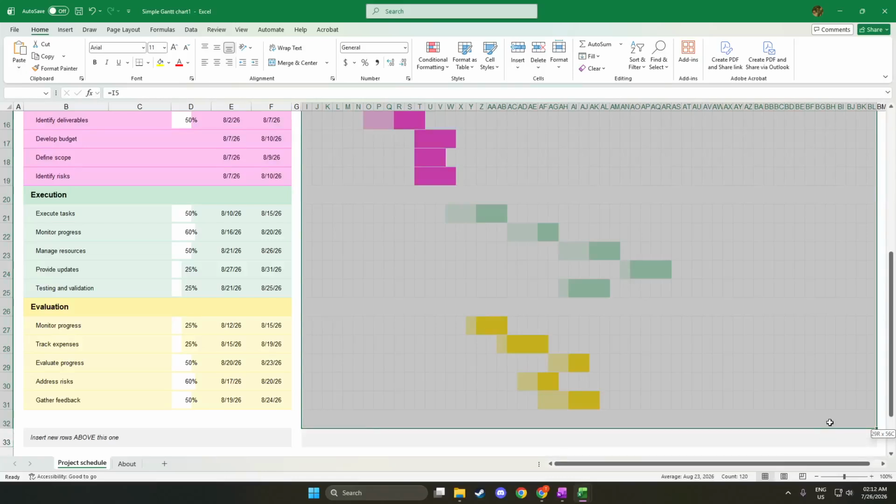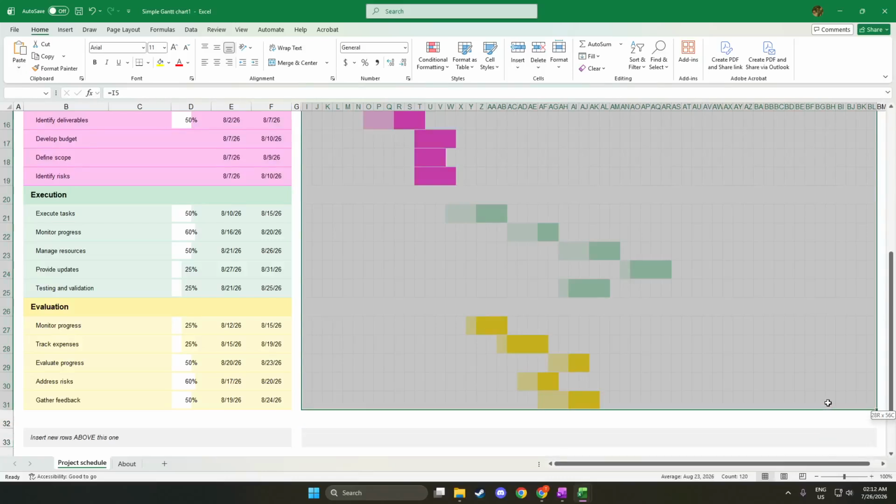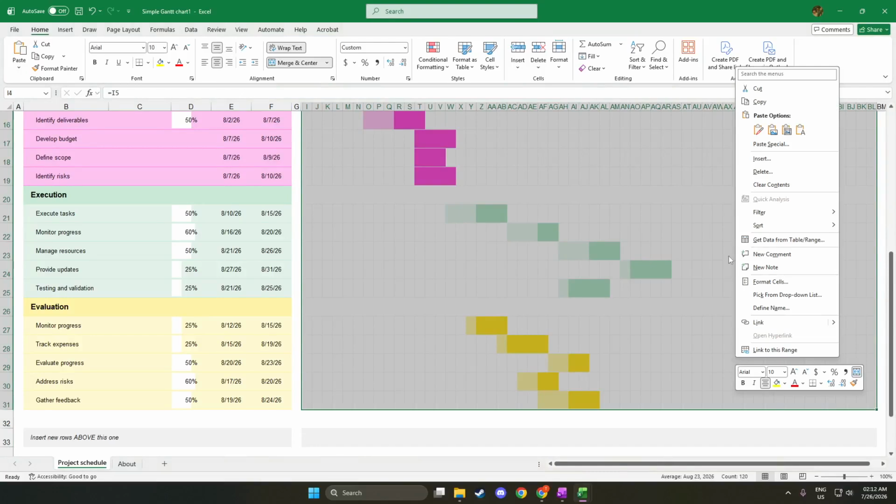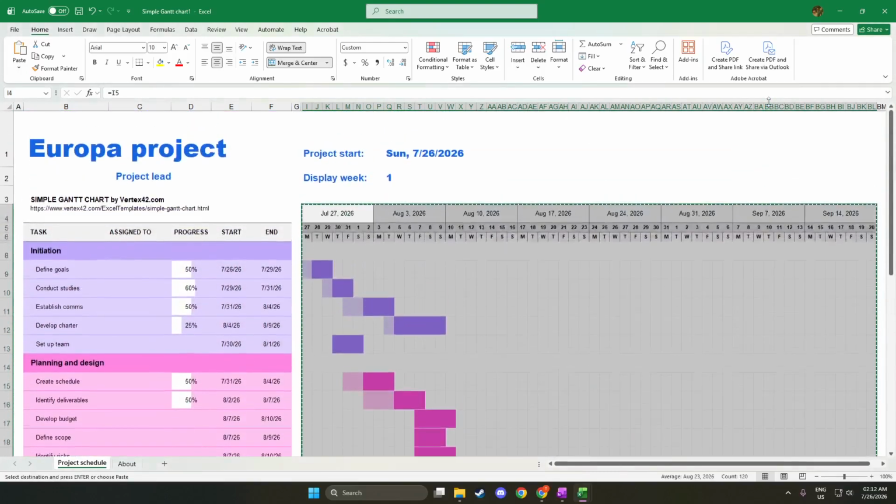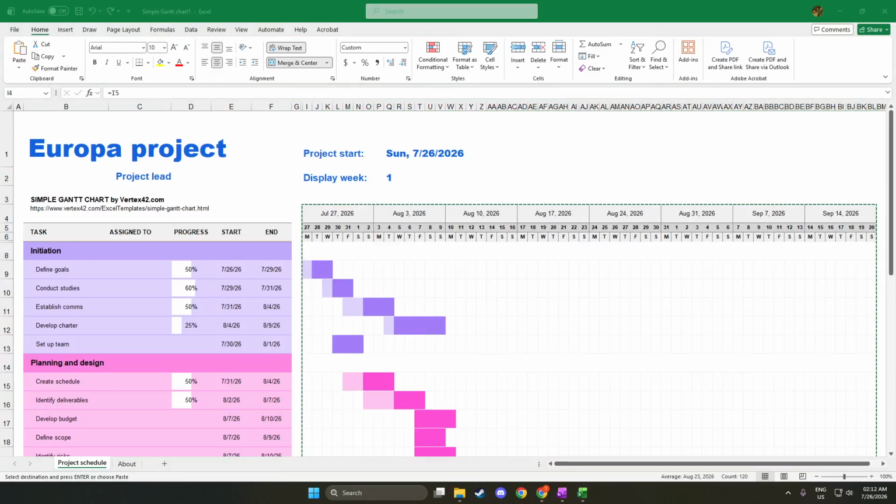Once selected, right-click on the chart and choose the option that says Copy. Alternatively, you can use the keyboard shortcut Ctrl+C. This action stores the chart in your clipboard, making it ready for pasting. This step is essential because it allows you to transfer your data visually into OneNote, enhancing your notes and presentations.